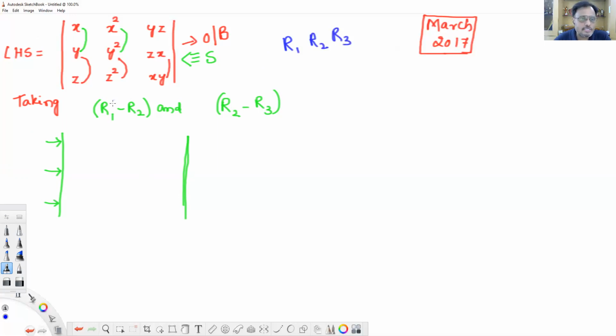In the first surgery, what is first visible? R1 is visible, that R1 has to be removed here. In the second surgery, first what is visible? R2, and remove R2. That means R3 will be the unchanged row. Third row, first I will finish it off. That is from original body to after operation. I told you, after operation, before operation, minimum 1 row and 1 column. Which one is unchanged now? Row 3. So z, z square and xy.